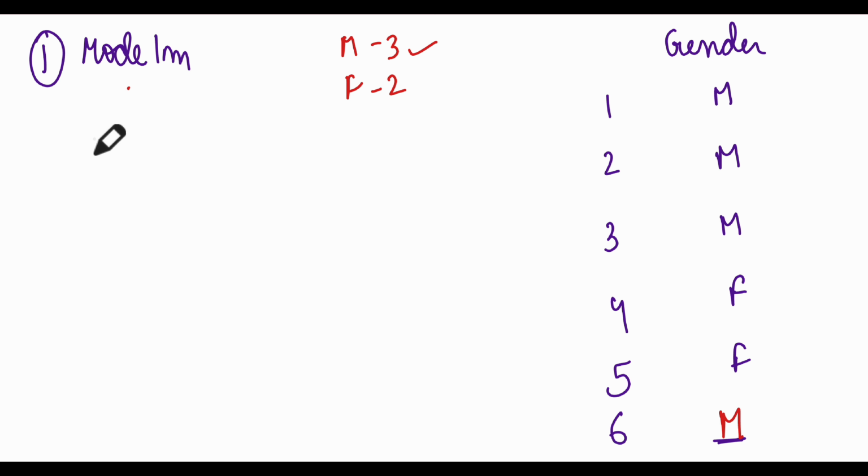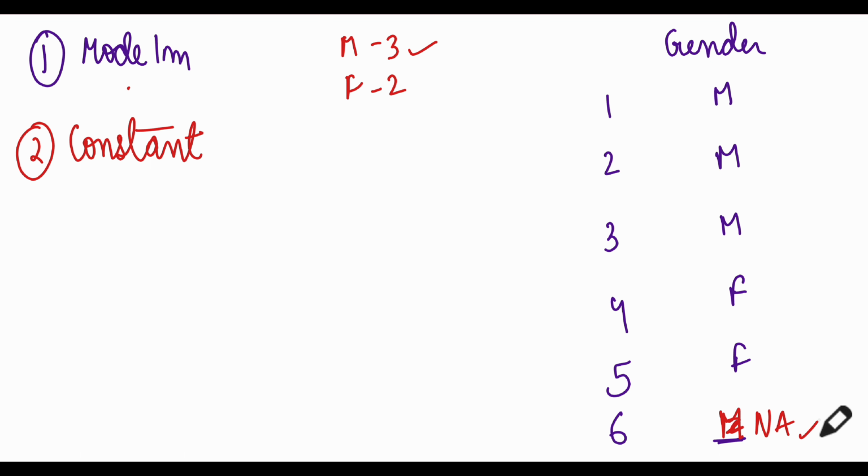There is another method known as constant value. You can impute with a constant value as well, just to say that, okay, this is not missing. So you can create a new category, NA. So instead of leaving it blank or missing, you can say this is NA. You can replace it by this method as well. The third method that is used to impute categorical is similarity